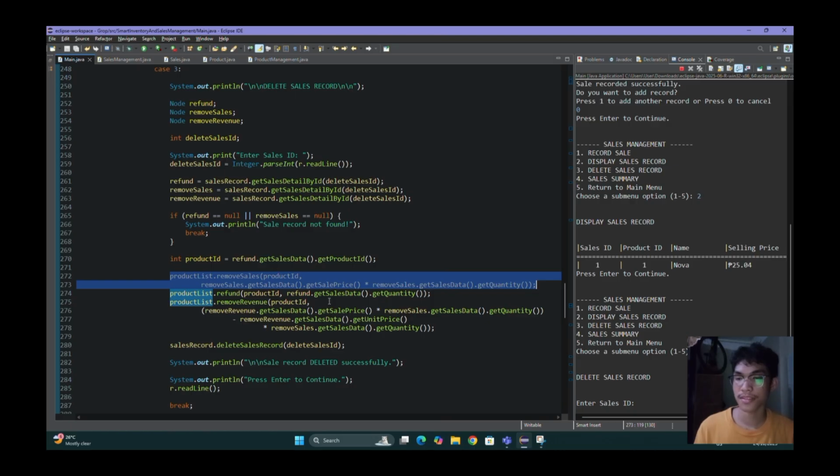This line of code makes sure that the product total sales value decreases correctly.